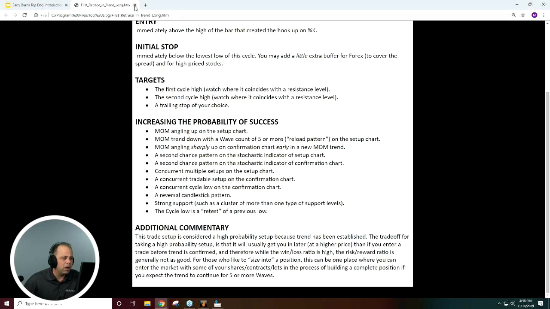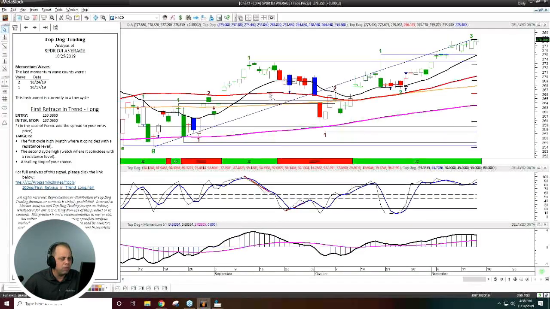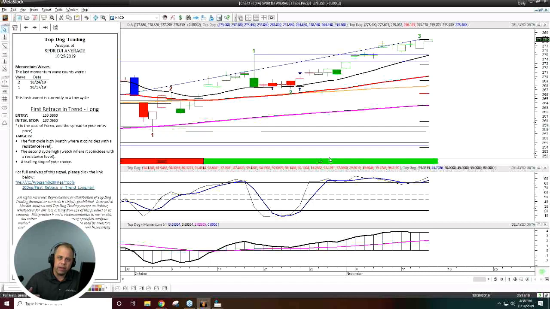So that, in a nutshell, is the way the charts are displayed. It throws all the indicators on there, does the cycle counts, and anytime that you have any of these buy signals, and you'll notice these last two were really, really good, it's going to give you exactly how to get into that, how to position your stops to get out in case that you're wrong, et cetera.